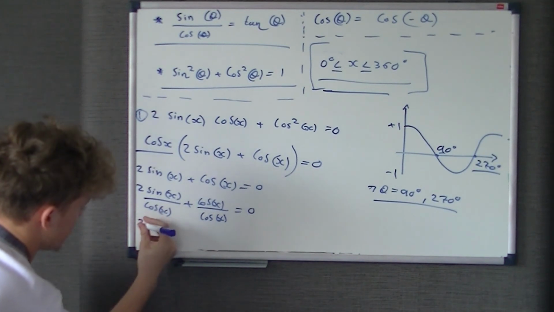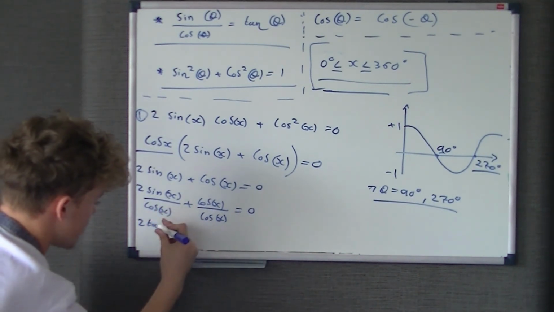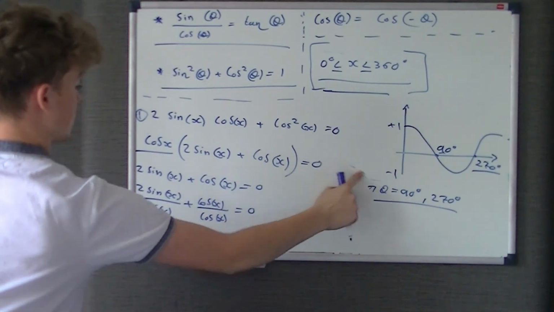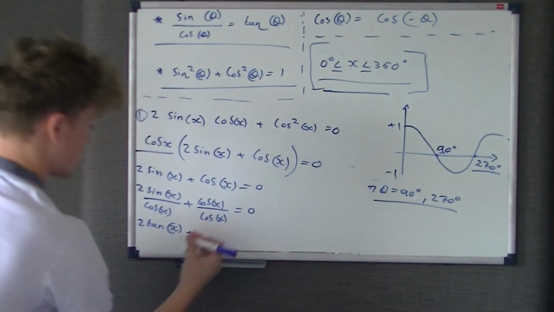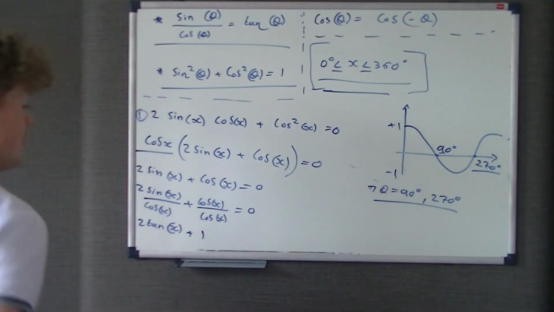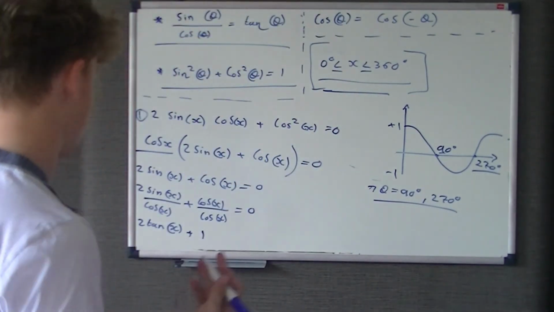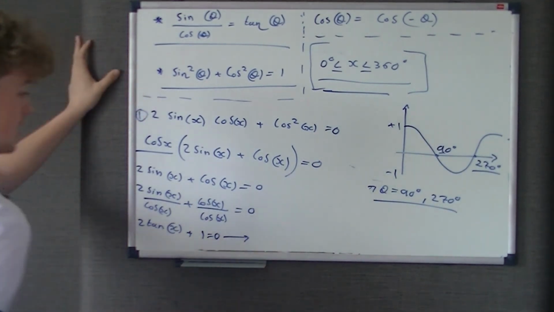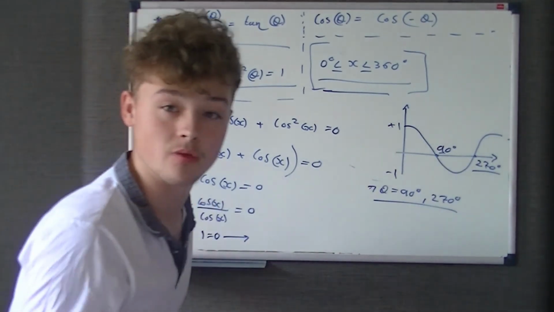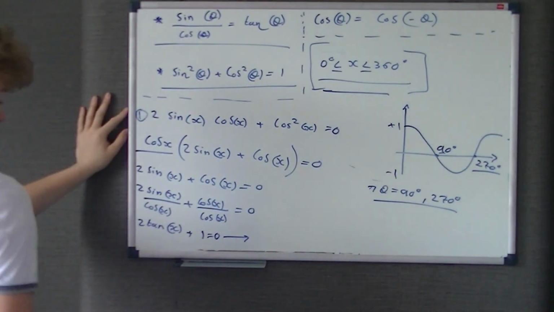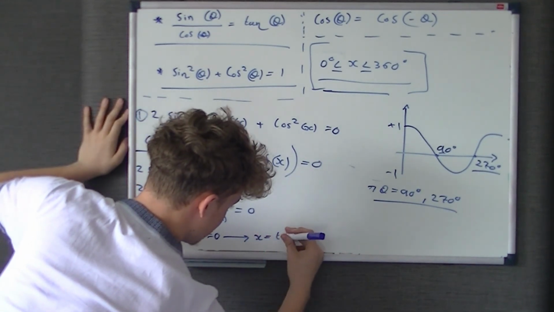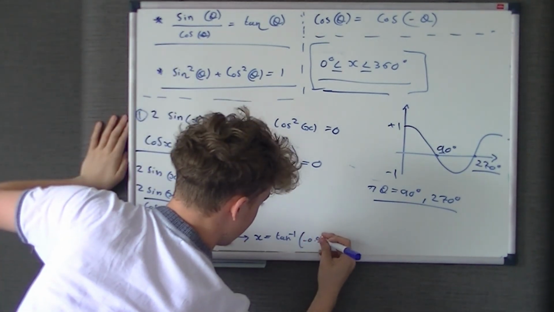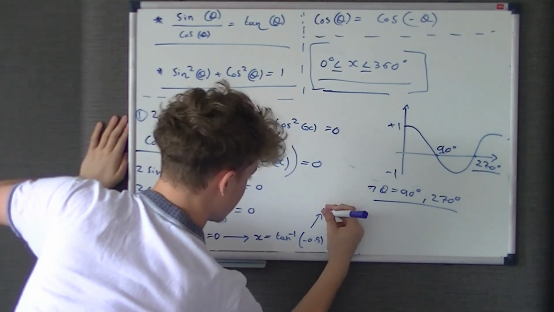So that's 2 tan theta, or tan x, because it's a bit easier to understand when we're trying to work out theta in this bit here. So 2 tan x plus cos x over cos x, which is going to give us 1, irrespective of what x is, because if we're dividing by the same thing it's going to be 1. So 1 equals 0 is rearranged: 2 tan x equals negative 1, and I'm not going to write each step. So x equals the inverse tan of minus 1 over 2, so negative 0.5, and that's going to give us an x value of,